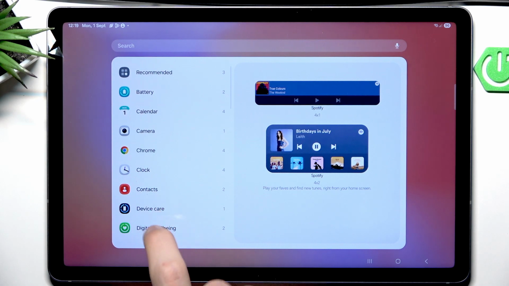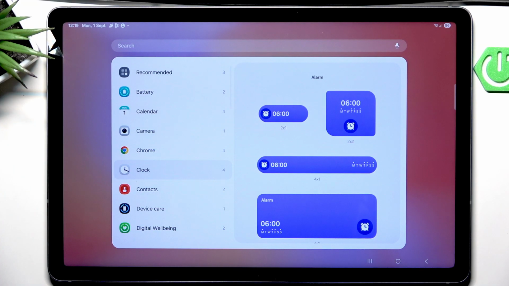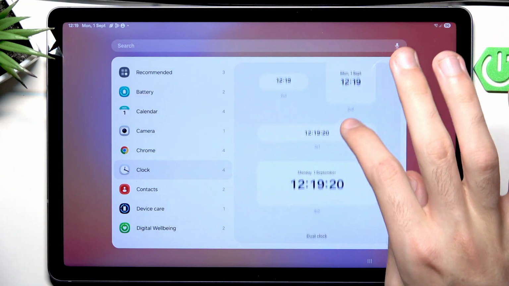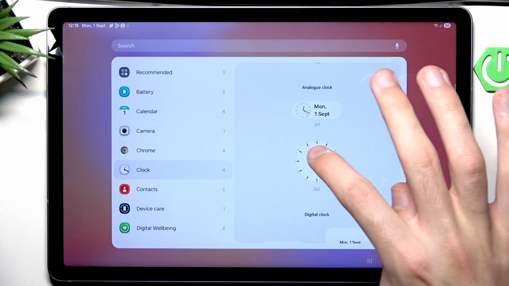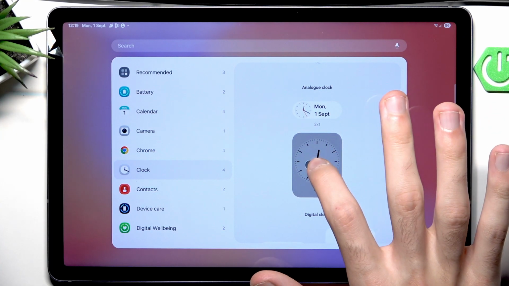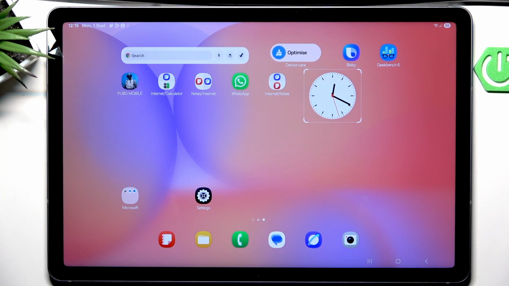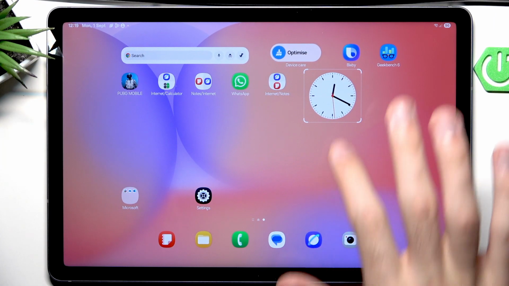But I will go with something simple, like for example clock. And now I will choose my own clock, and I think I will go with this nice unlock clock. Let's hit add. As you can see, it's added right here on the other screen, so I can press and